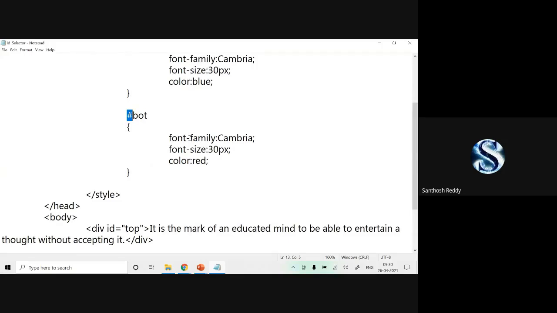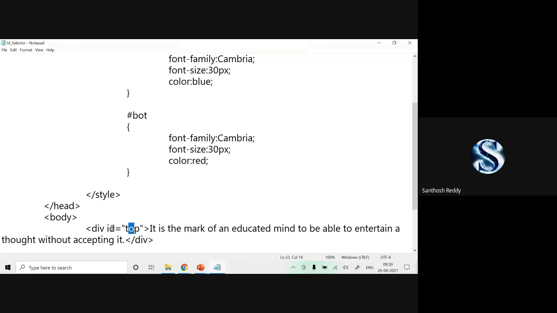Understood? ID selector is very similar to your class selector, but the difference is class selector can be applied to more than one element, whereas ID selector can be applied to only specific elements. Whenever you want to make use of an ID selector, in the opening of your tag, you have to mention your ID is equal to some value.